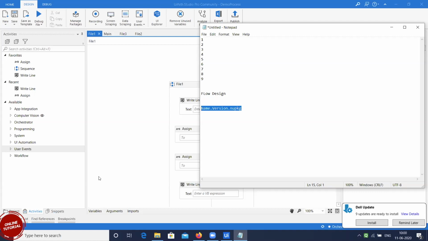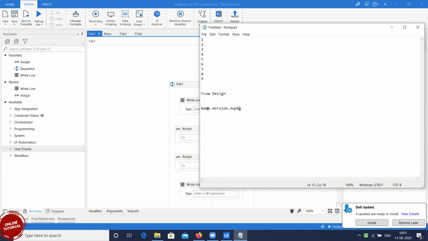In all the RPA tools, the advantage is this package, whatever I said, this file name. This package is where they track. See, previously, if you remember, in all the other technologies what we used to do is generate a package only to do the deployment. But we never had a version like this. It would only have some name of your choice and then the extension type. So what used to happen is you had to tell on which date you sent it. They would take that file and only move it to production once it was given a sign off from UAT. But here it is not like that.